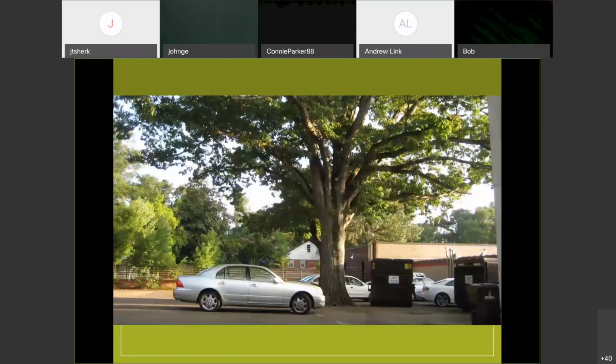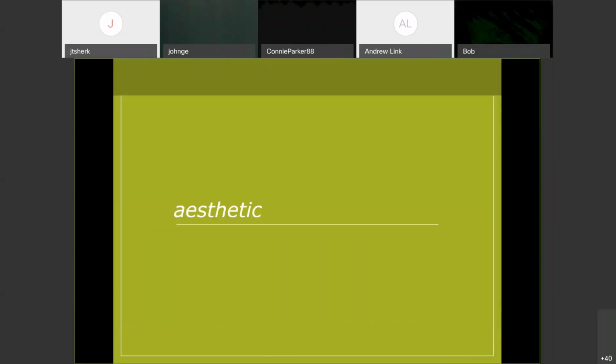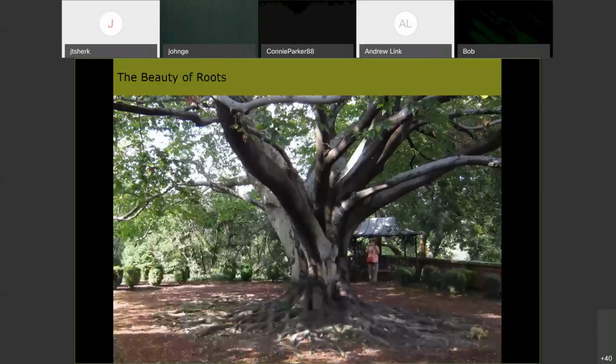What was here first? The white oak or the parking lot? There's two of these beautiful white oaks in these same conditions near where I live. This is behind the Red Dragon Chinese restaurant. And you just wonder how that tree has survived all these years, basically completely surrounded by dumpsters and cars and pavement. But anyway, so aesthetic, those tree roots, you know, look at this beech tree with the roots here